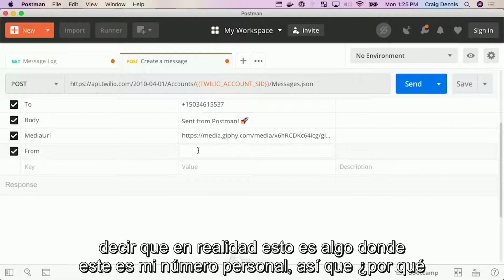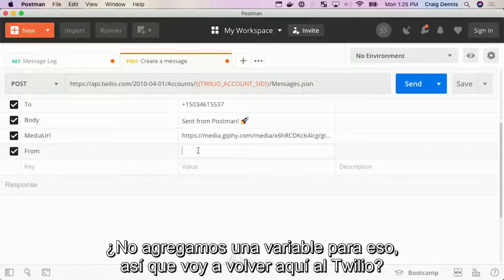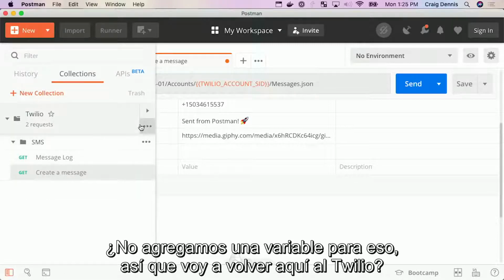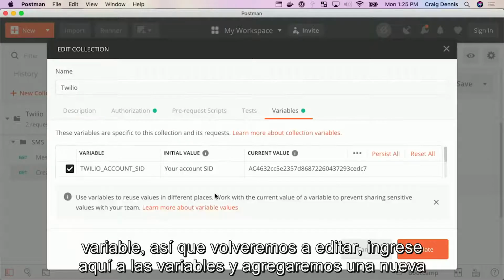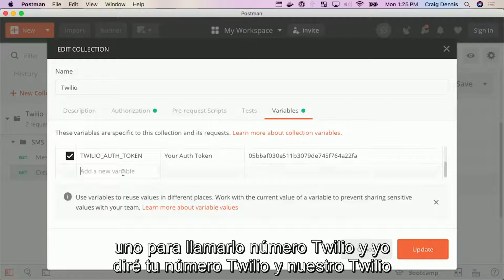Actually, this is my personal number, so why don't we add a variable for that? I'm going to flip back over here to the Twilio variable. So we'll come back to Twilio edit, come in here to variables, and we'll add a new one. Let's call it Twilio number.